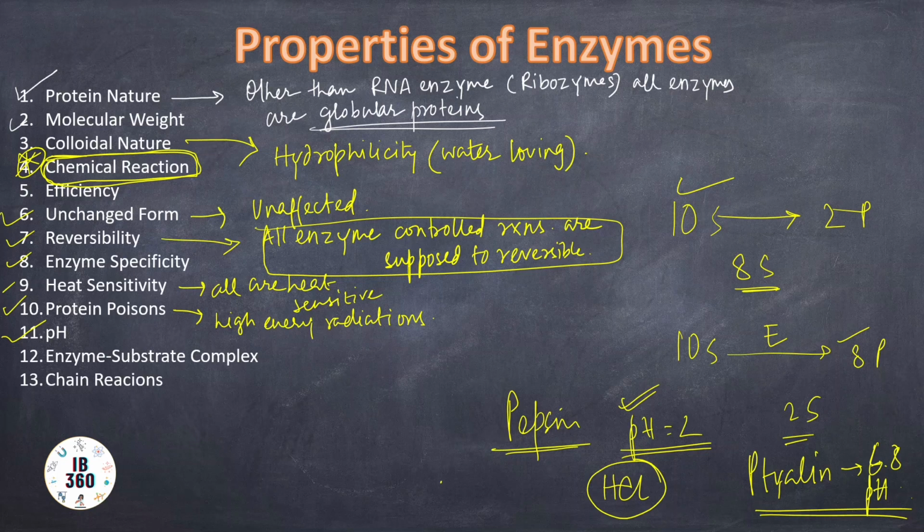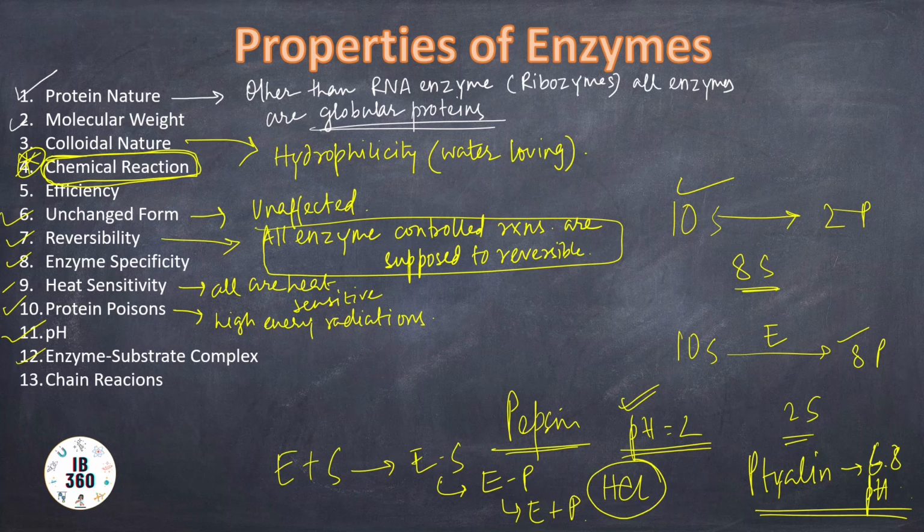About the enzyme substrate complex, I have already discussed this in the previous class. They are forming this thing, E plus S. That means enzyme plus substrate would form an enzyme substrate complex, which would form an enzyme product complex, and then that will release the product. So E plus product. This is the very typical flow chart through which we try to describe the enzyme substrate relationship.